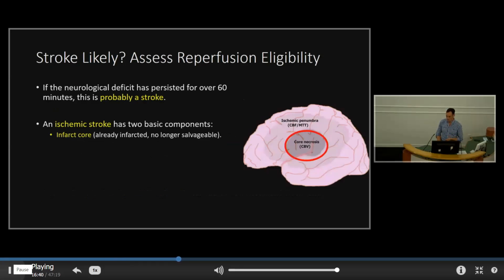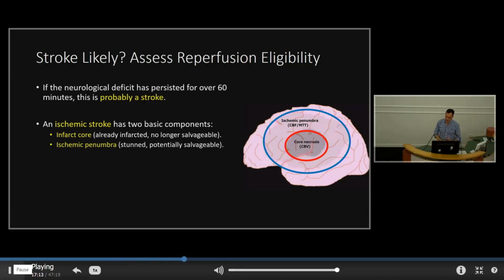There is a core, and around the core, there's a penumbra. Now, the infarct core is beyond saving. It is infarcted. The neurons in that region are no longer salvageable. But the penumbra, which is often much bigger and can last for several hours, sometimes even longer, is just stunned and potentially salvageable. The blood flow is still adequate to maintain the neurons' basic survival metabolism. However, they are unable to perform their functions.